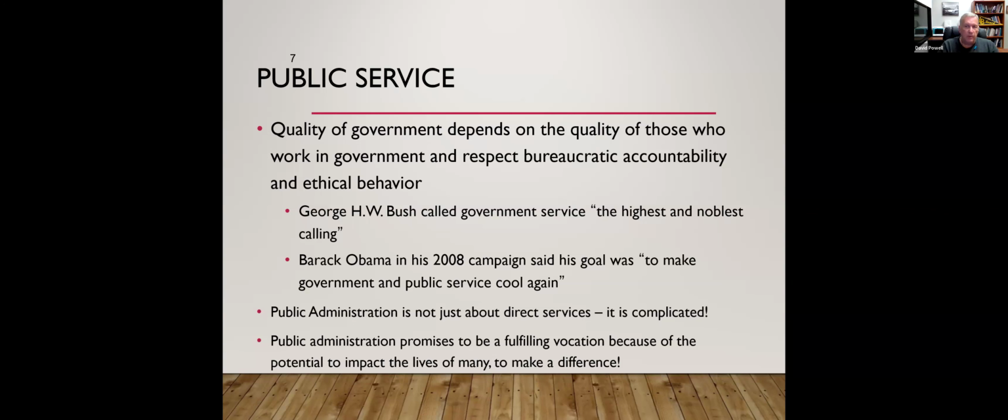We want to create a public service, as George H.W. Bush referred to it, as being the highest and noblest type of calling. When Barack Obama ran in 2008 for the presidency, one of the major goals of his campaign was to, as he said, try and make government and public service cool again. I don't know how successful he was at making us cool again, but I think it's important that we bring